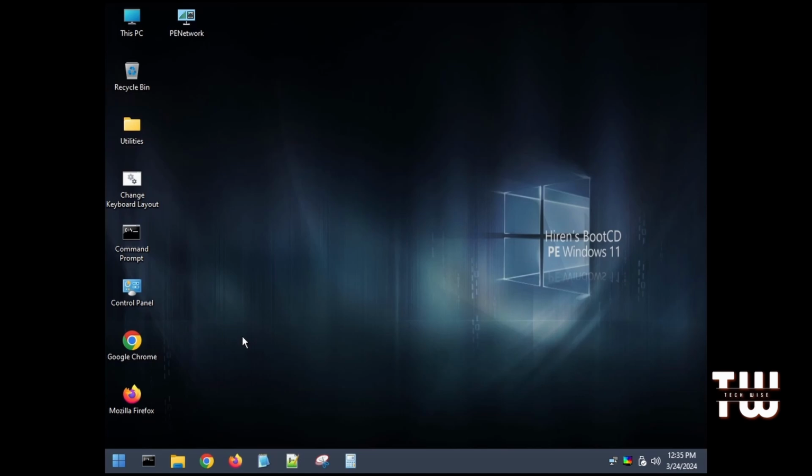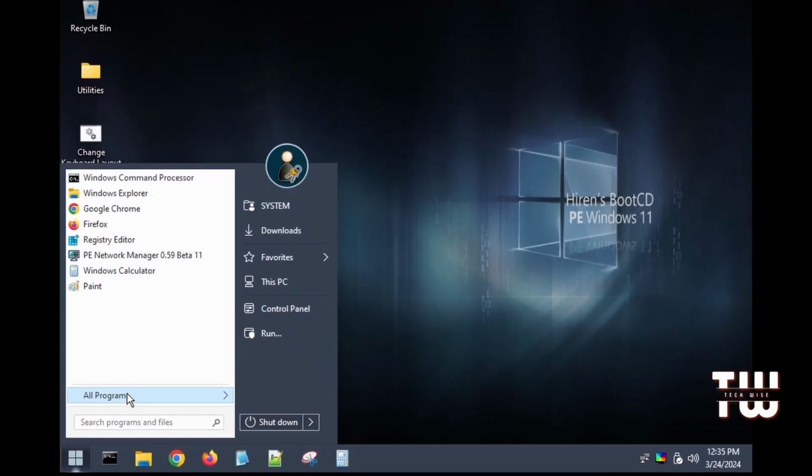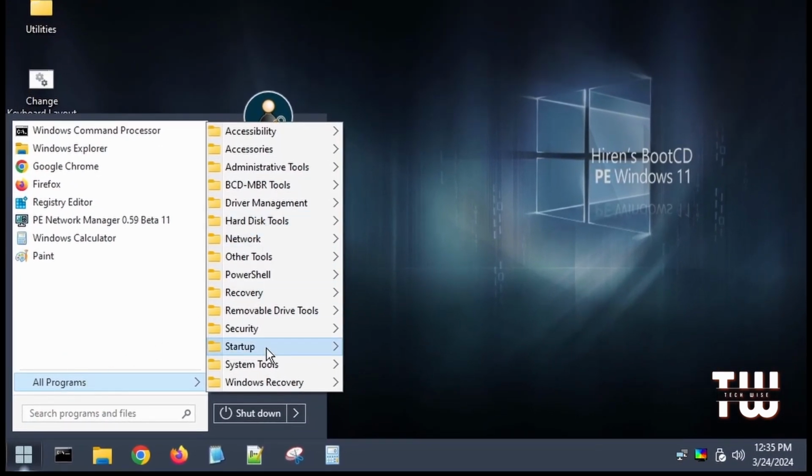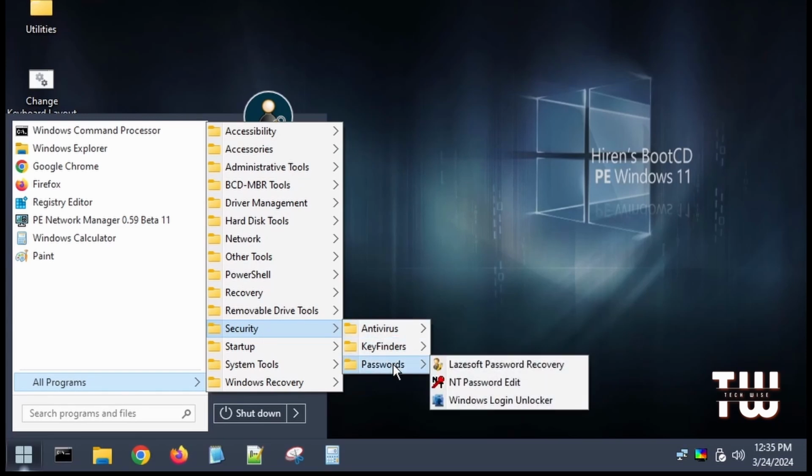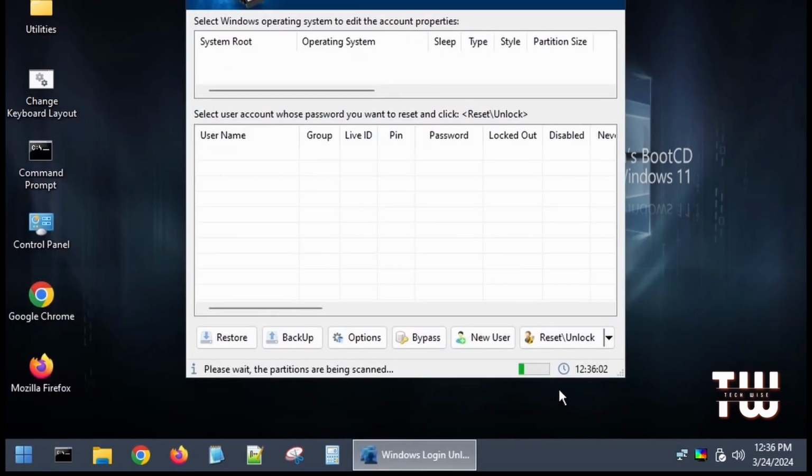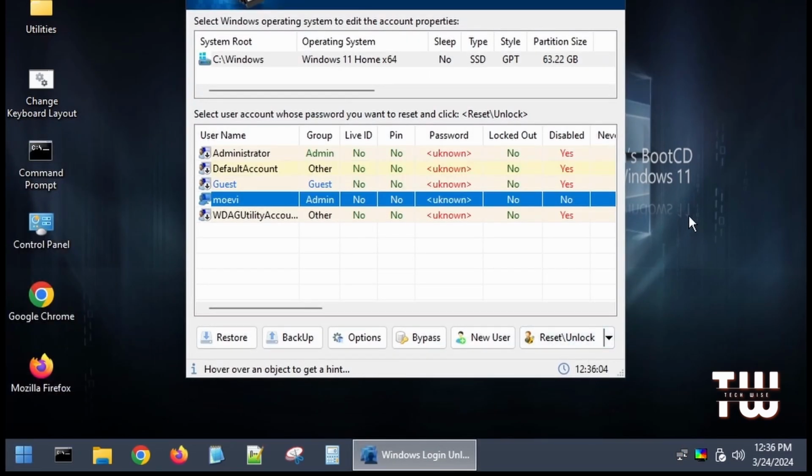Now to reset your password, click on the Start menu and let's navigate to Programs, then Security, then Password. Inside the password folder, you should see 3 different password recovery tools. We'll use the Windows Login Unlocker for this demo. The tool will list all the user accounts on this computer. You have the option to either bypass, add a new user, or reset an account. I'm going to select my VI account,